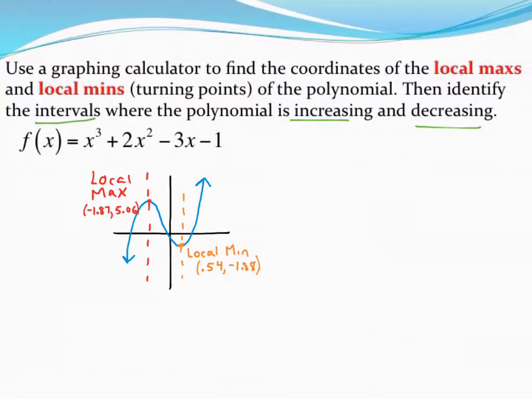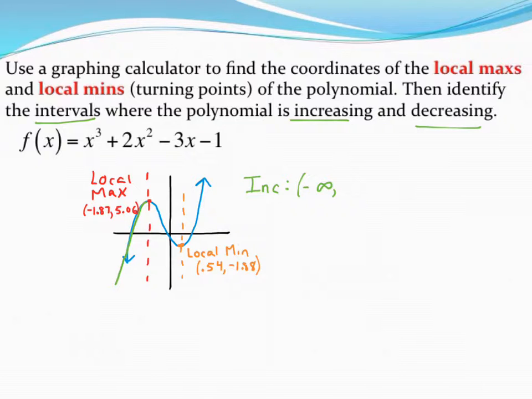What I want to imagine is this is a roller coaster and I'm riding it from left to right. As I begin riding that roller coaster, I can see that I'm increasing up until I get to that maximum value, where I'll go down that first drop of the roller coaster. And so my first interval is increasing because it's rising. To describe this interval, I'm going to say I'm going from negative infinity all the way up to